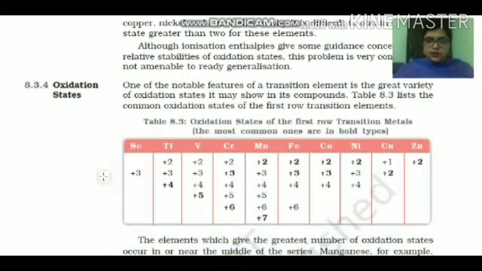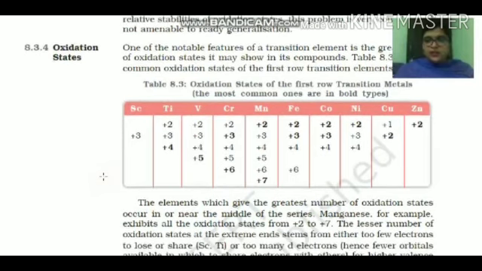Okay. So this oxidation state, children, is very important. And here you can see that when we come to the middle of the transition series, there is an increase in oxidation state. Maximum oxidation state you can see for manganese, it varies from +2 to +7. And you can see at the two extreme ends, for scandium and titanium, which are present on the left side, it is showing +3 for scandium and +2 for titanium.